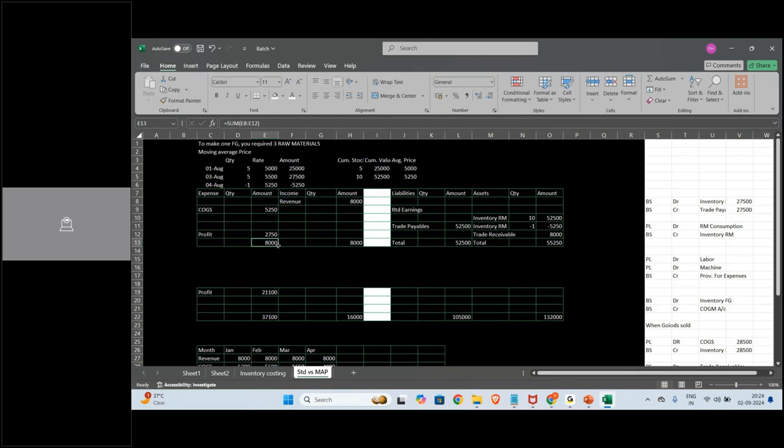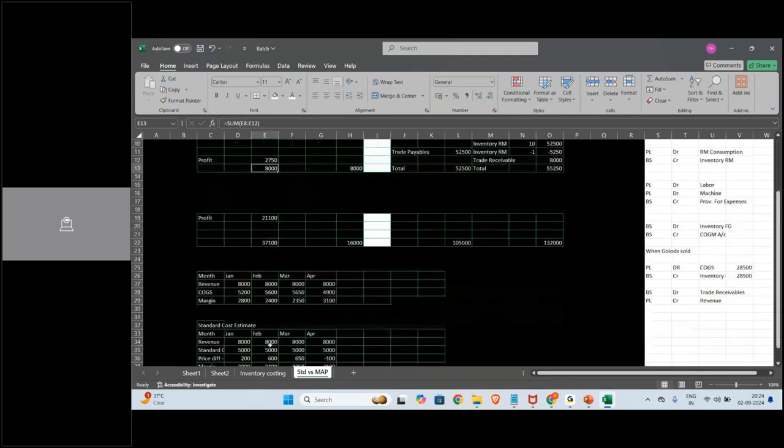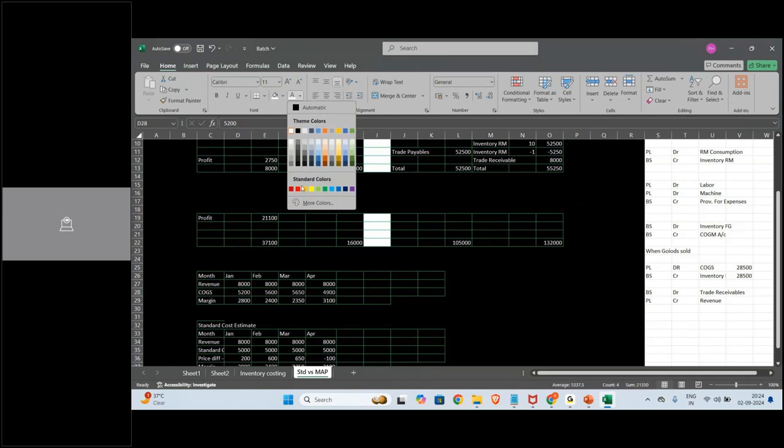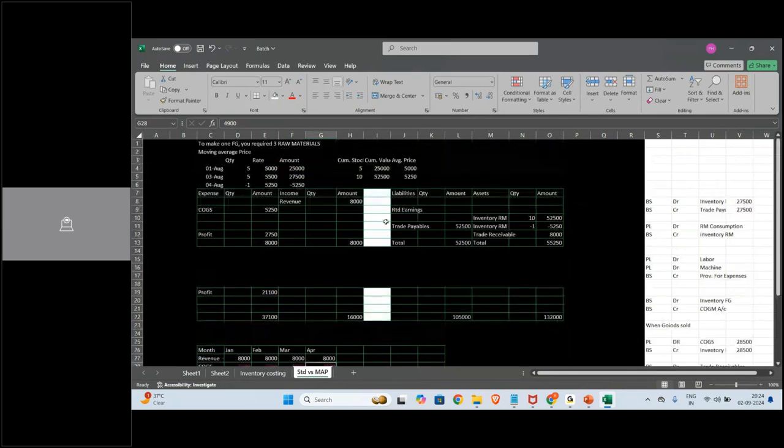Because I bought one stock and told you. Suppose you have 200 raw materials. How will you know which material has given you what price impact? Are you understanding? Now every month you got this price here. Whatever I am highlighting in red, in Jan the price was 5,200, 5,600, 5,650, 4,900. In moving average price, whatever the price value, you take it to the inventory directly.